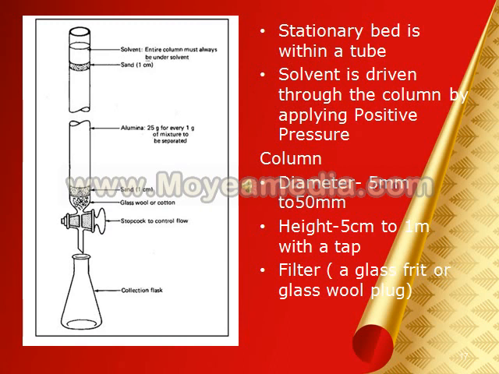From the top there's a precaution which we have to take, that the column should never be dry. There should be some solvent at the top. On changing the solvent also, we do not have to let the column dry. We have to add the solvent. The solvents are added in increasing order of polarity. Pure solvents can be used as well as a combination of solvents can be used to separate the compounds present in the mixture.